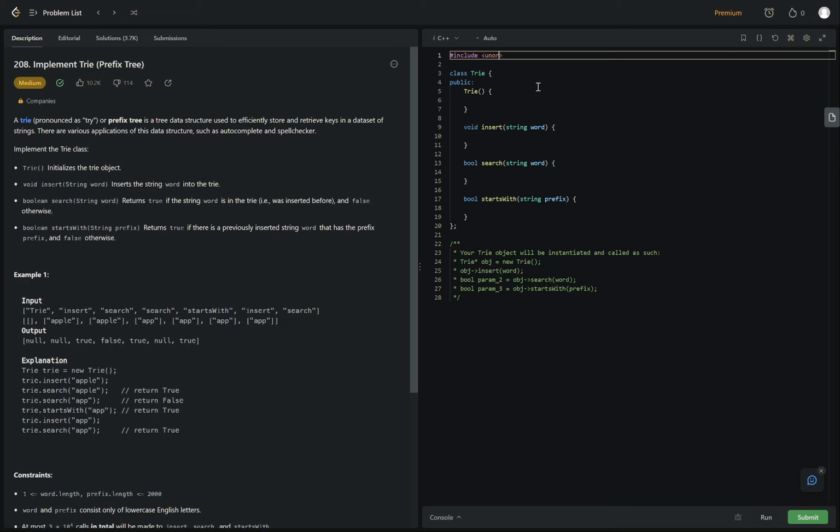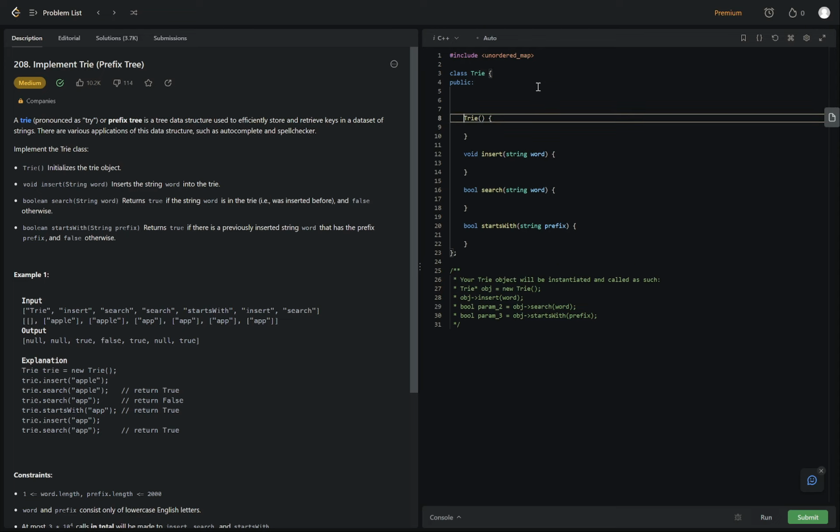So, unordered_map. And you specifically want unordered because that uses hashing, as opposed to a regular map, which uses some kind of, I think, red-black tree, some kind of tree with logarithmic lookup time. Don't use that. Use unordered because it will give you constant lookup time. So our tree is going to have, we need our base thing. So it's going to be an unordered_map, and we're going to have character keys, and we're going to have,